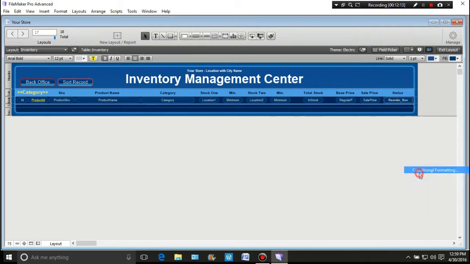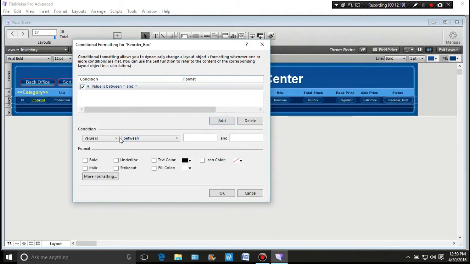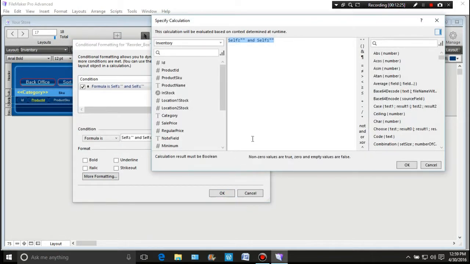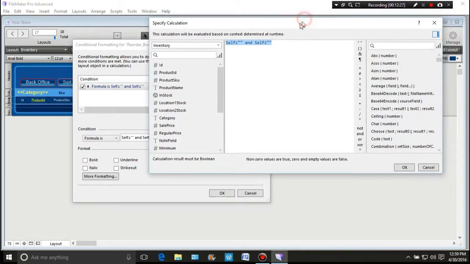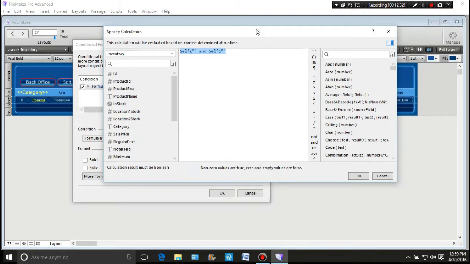Now let's do some conditional formatting. So the first thing that we're going to do is add a conditional formatting. And we're going to go to the formula, and then we want to specify a formula. So the formula that we are going to want to put in here is